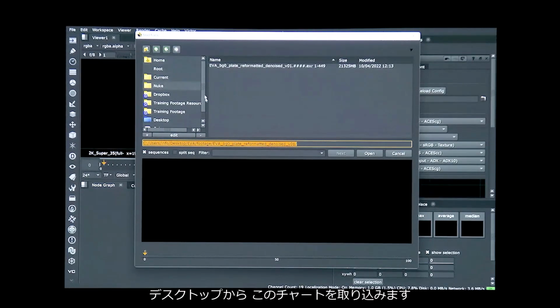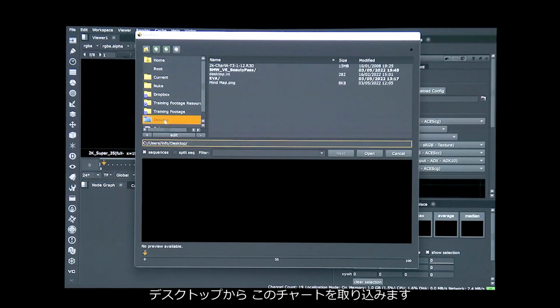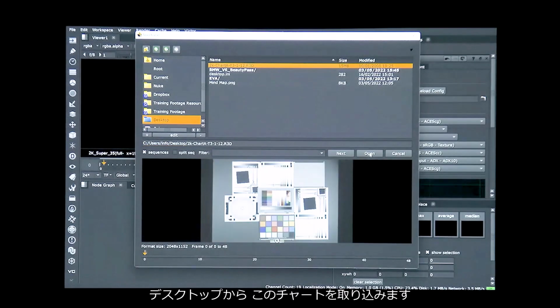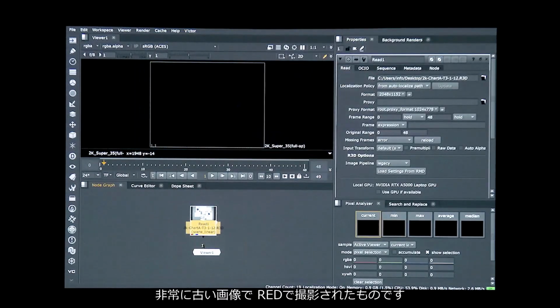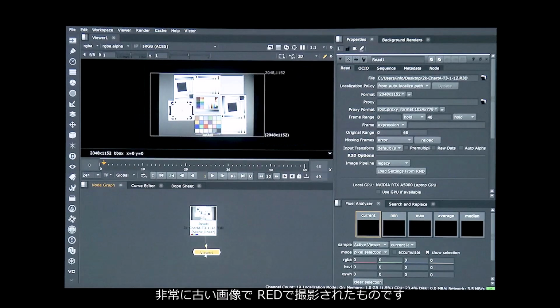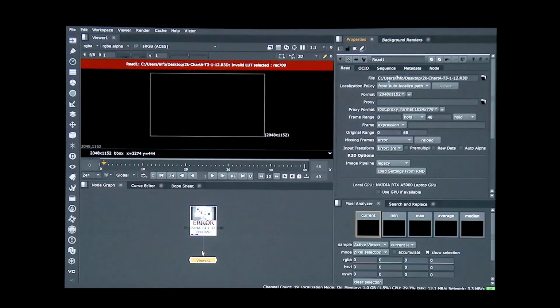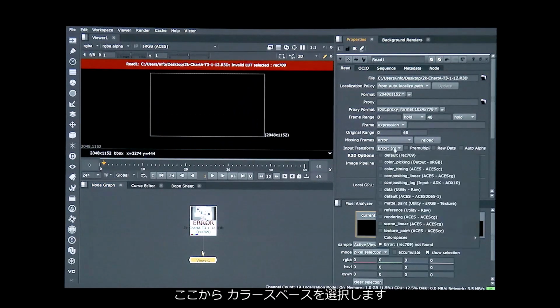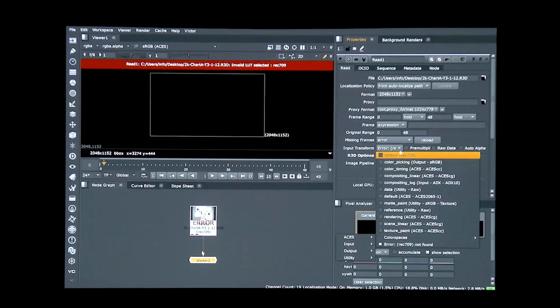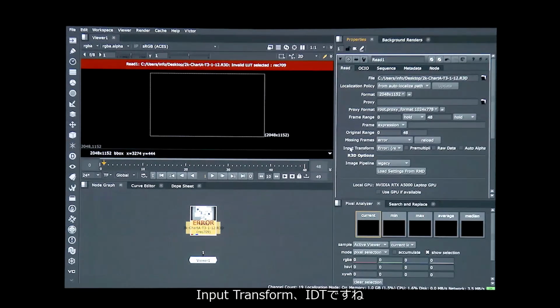So I'm going to get this chart from my desktop. This is a very old image, shot in RED. So I'm just going to load the settings from the metadata. And now I'm going to get in here the color space, Input. So if you go in here in the input transform